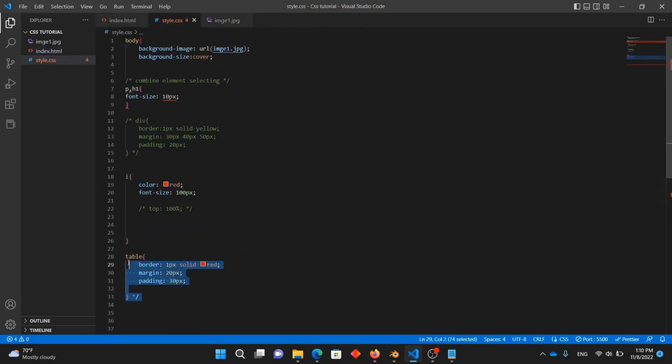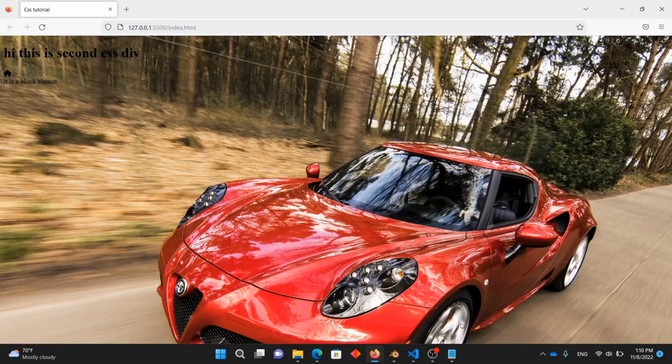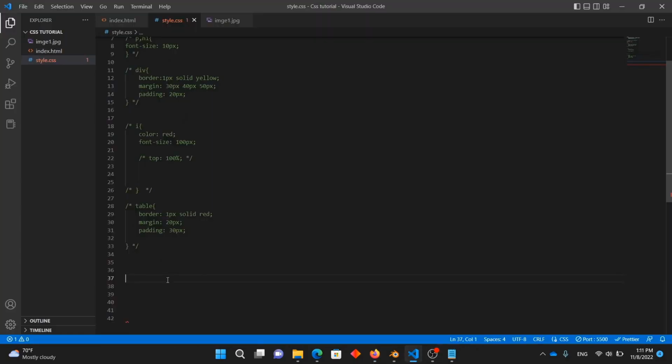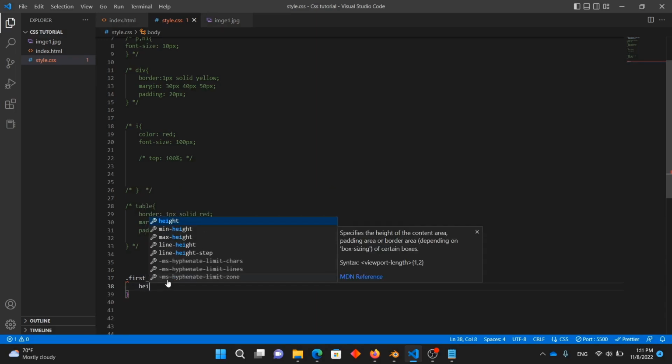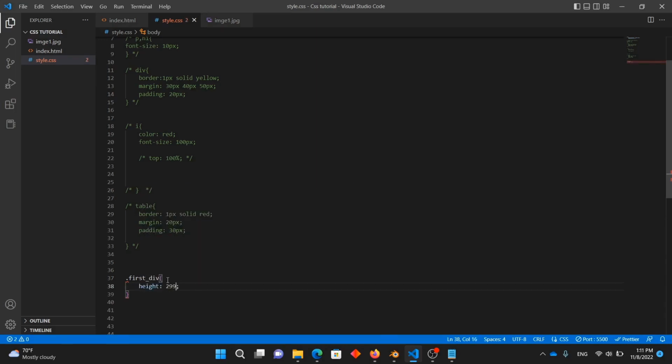Okay, now we are going to learn about indexing. For that, we will comment all of this at first, and then okay, this is our output. We will use a selector to select the div we have created before. Dot first div, curly bracket, and we'll add a property height. Height is equal to 200 pixel,